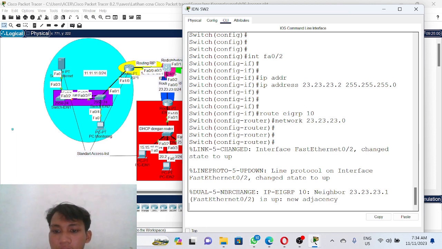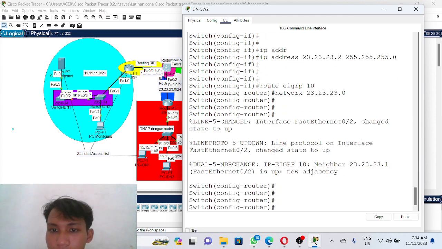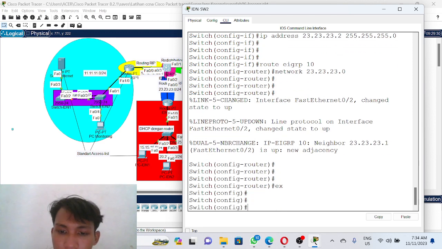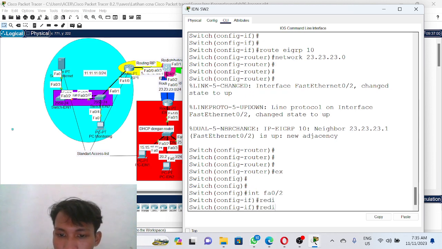This is the IGRP for the router. Okay, exit. We are still in this, and we redistribute router IGRP 10.